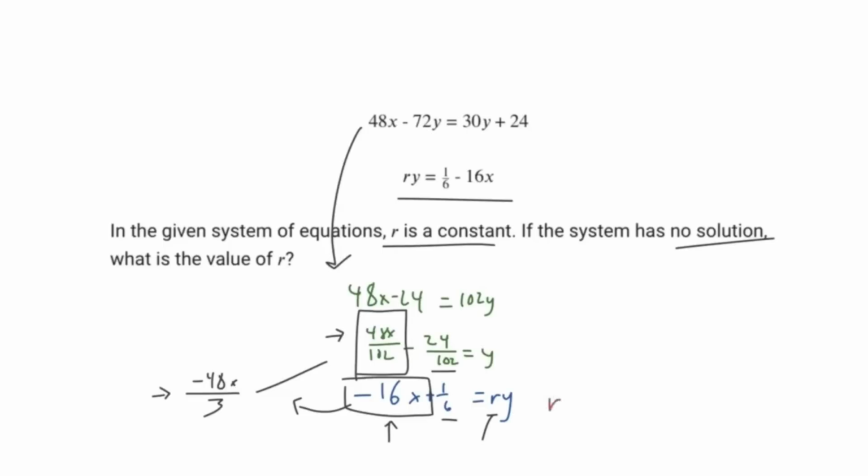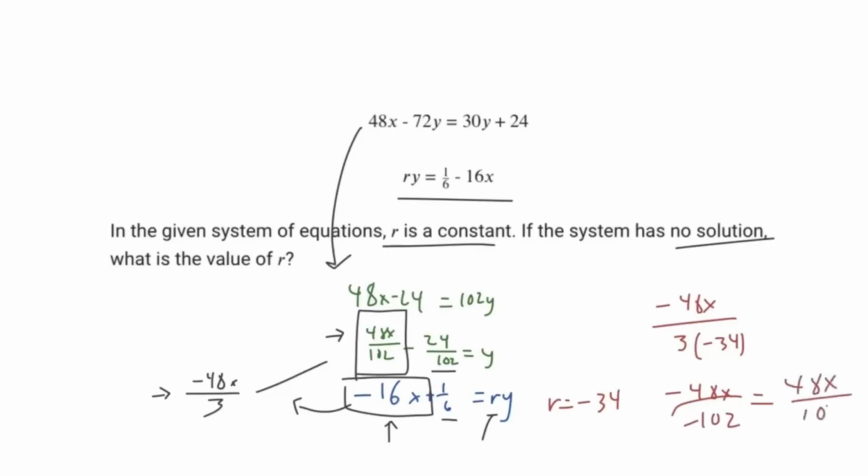If we set R equal to negative 34, let's see what happens. So we get negative 48x divided by 3. So we're going to divide everything by negative 34. And that's the same thing as multiplying the denominator here by negative 34. So we'll get negative 48x over 3 times negative 34, which is negative 102. So negative 48x over negative 102, like we said before, is the same thing as just 48x